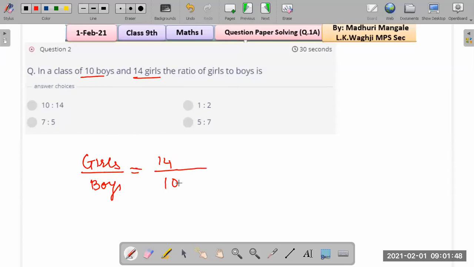Which number goes in? Or we can divide both the numbers by which number? Yes, you all are right. We can divide both by 2. So dividing both by 2, you will get the answer. Remember one thing, numerator first and then the denominator. And once you get the answers, you should go to the Zoom link. There you should be able to see the next question.